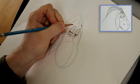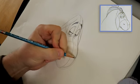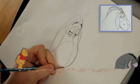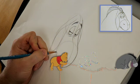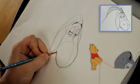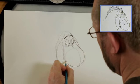So now we can draw in the rest of his nose. We can follow that line that we drew all the way around the outside. But when we get down here, we're going to make that line just kind of go straight, then curve just a little bit at the end to make a little frowny mouth. Do you see that? So we just went inside our circle just a little bit to make that little frowny